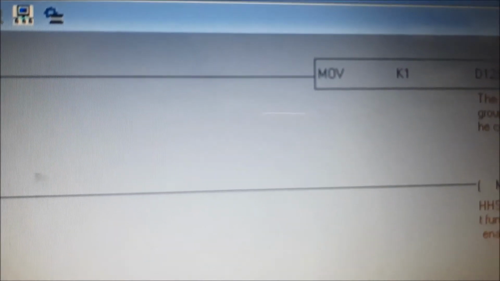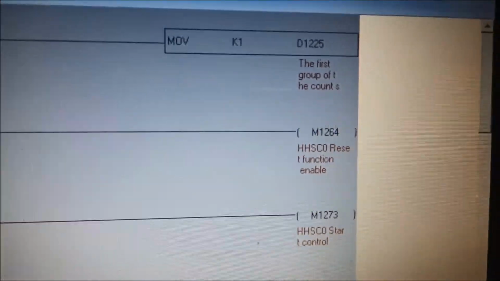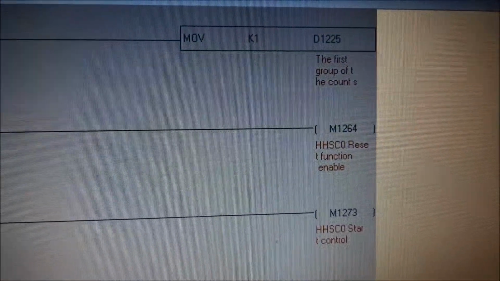See, move K1 to D double 5, the first group of count, and an always-on M1264, the high speed first group reset function enable, and one other bit you have to turn on, 1273. Only these three you have to do, then only the double phase will work.